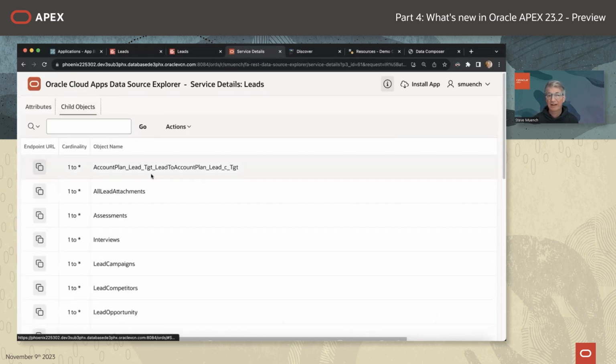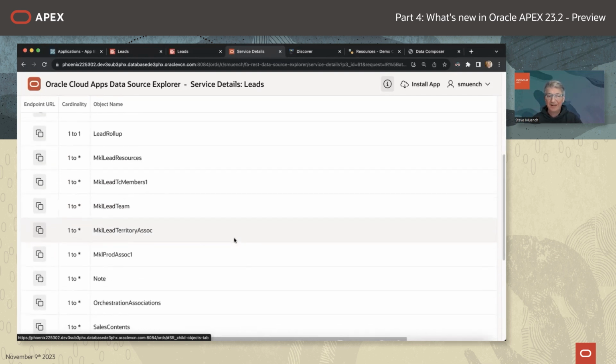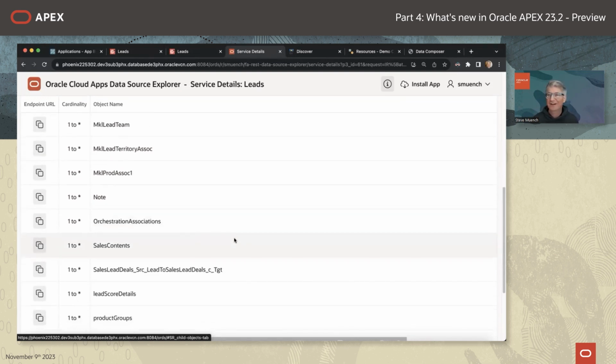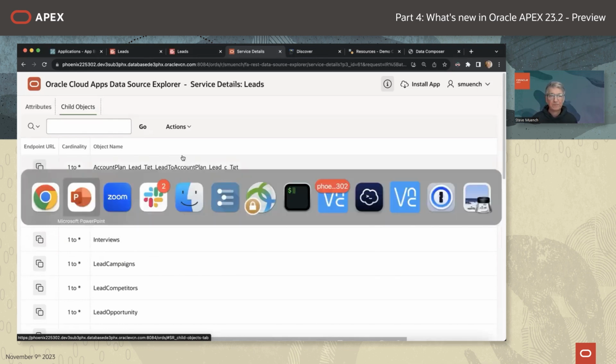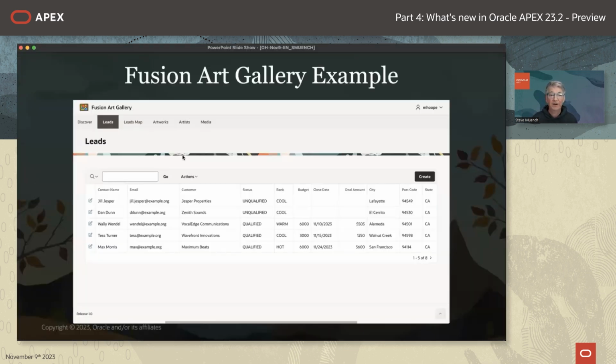If you click on child objects, a lead might have, you can see here, there's predefined at least 30 different kinds of child collections of information about a lead. Your Apex app can easily work with all of those by just copying the link and creating another REST data source. So I'll move on to show the third part of what I wanted to, but first we showed